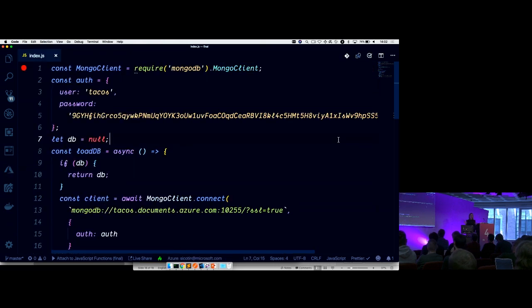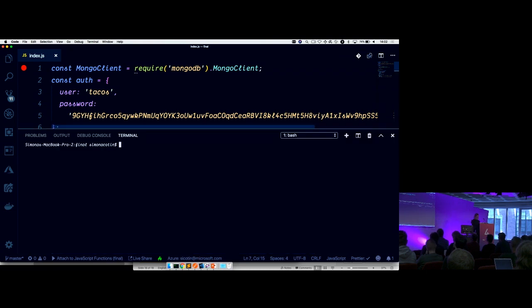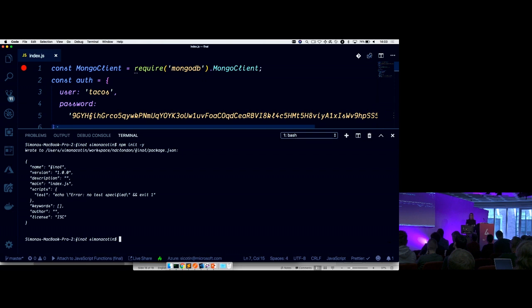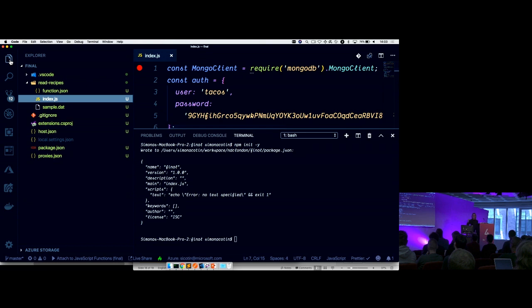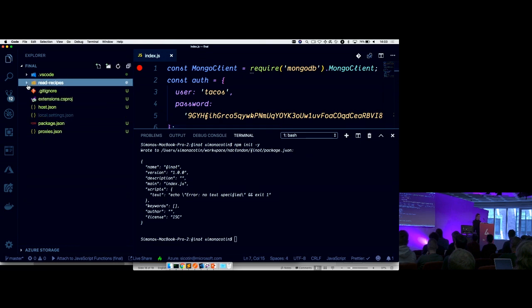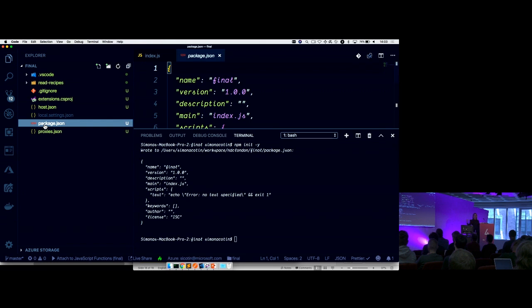OK, so first of all, we are looking at this code very quickly. We are importing a MongoDB package. And this is where, when I got started with serverless, I had to think like, OK, I know how to build applications with Node.js. I know how to install packages in a normal Node.js application. But how do I actually install packages in a serverless application? And turns out that the answer is quite simple. I have to run npm init -y to create a new package.json file. And I need to create it at the root folder of my project. So if you look here, I've created a new package.json file.